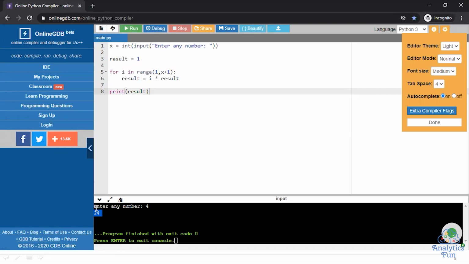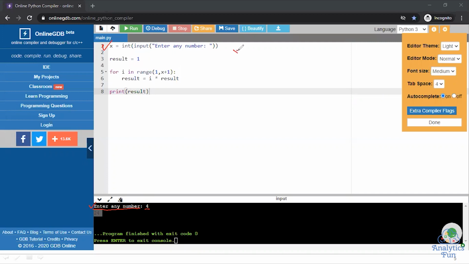Now I will explain to you iteration by iteration how this particular program is working. The first statement is x is equal to int input, and it is displaying here where you enter any number. For example, I entered 4, so x is stored as 4.